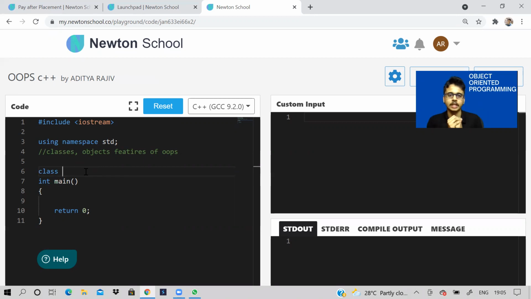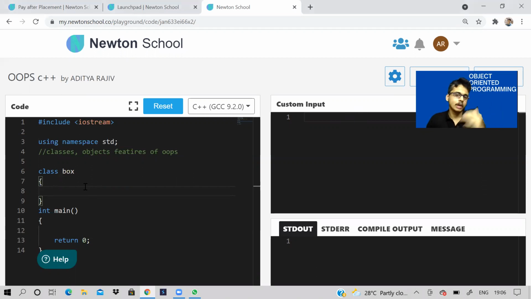We have different types of boxes: red box, blue box, big box, small box, and all those types of things. So I'll say, okay, let us make a class called box. And in this class, all the necessary data and all the necessary functions or operations that we can perform on those boxes, all that will be stored in this class.